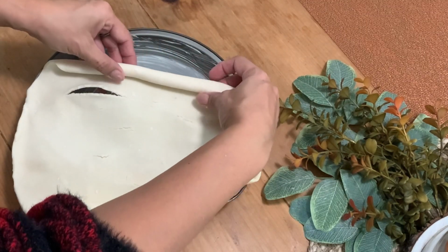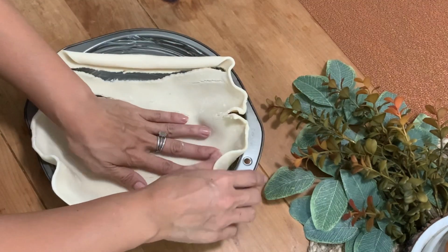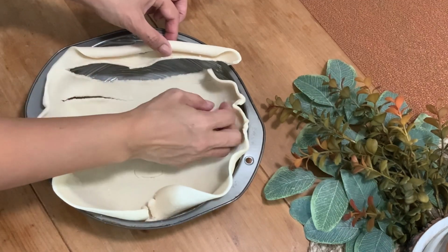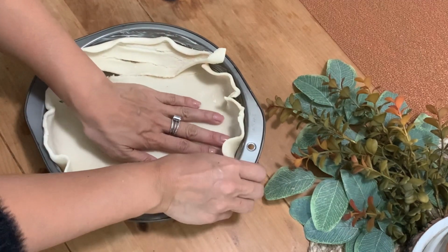So you can see this is the second pie crust that I had also in the fridge, so I let that sit out, and it is a lot more pliable because it wasn't as old as the first one. I am just going to fit it into the cake pan that I greased,